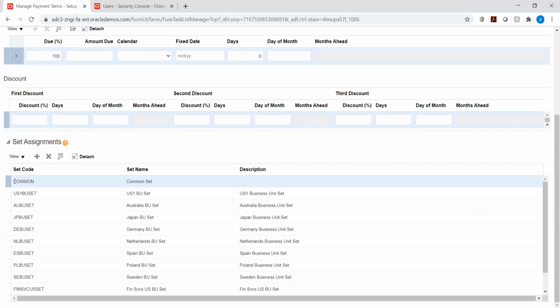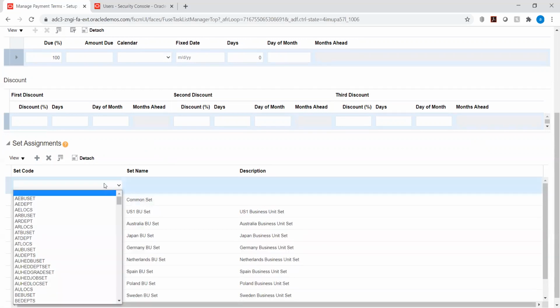When we have a new fresh instance, we will see this option, that is common set. But with this common set, we will not be able to create the customer. So for those cases, we will need our own reference data. Since we have created our reference data set, we will just attach this.